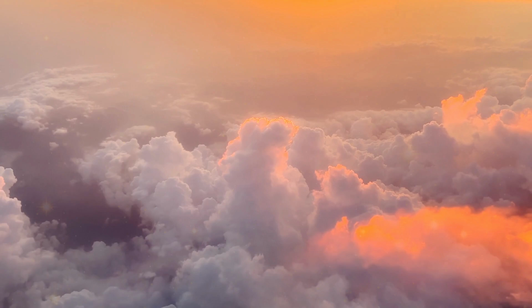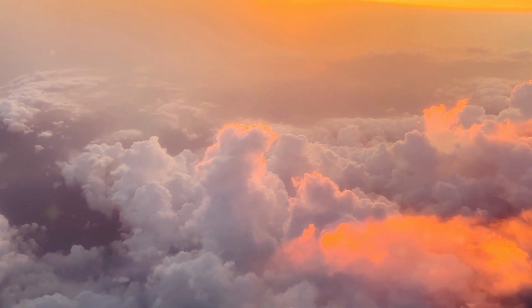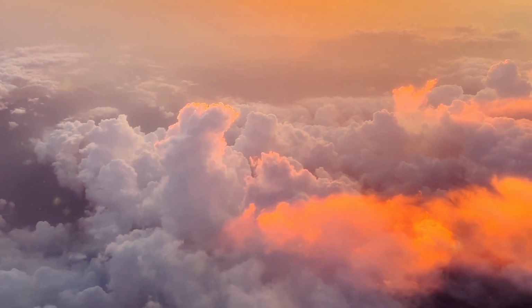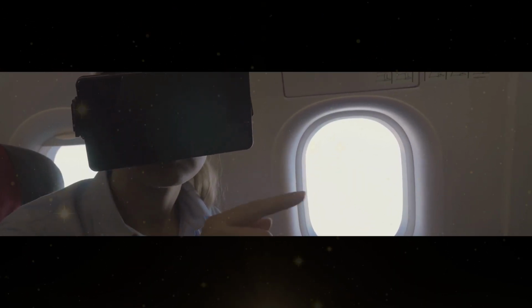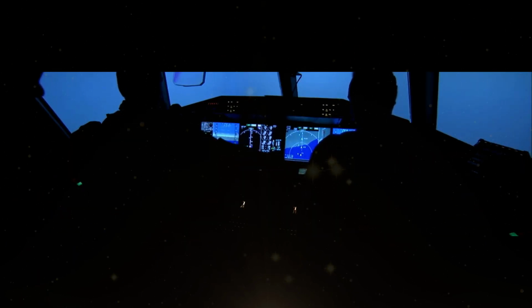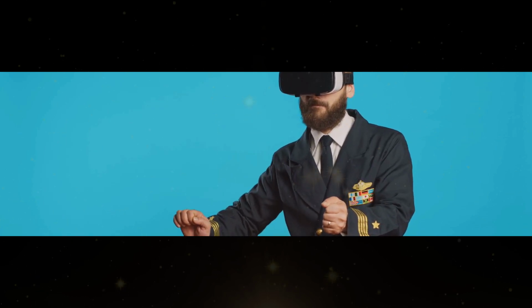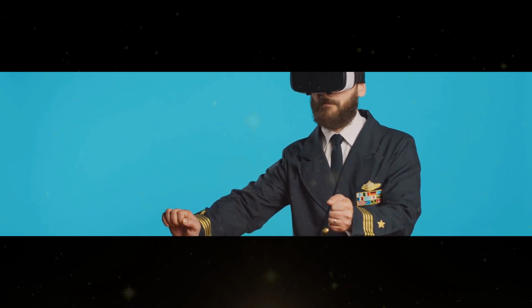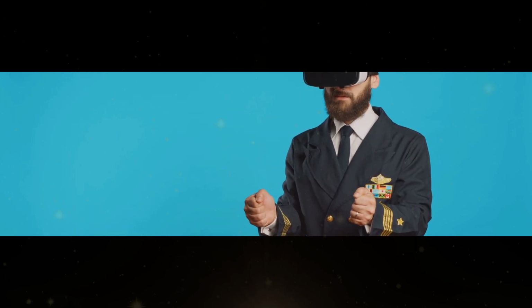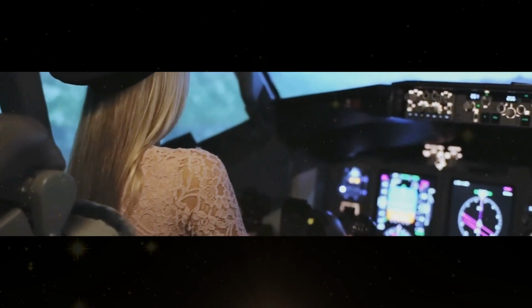Section 5. The future cockpit: AR, VR, and AI. Looking towards the future, cockpit technology continues to evolve at a rapid pace. Emerging technologies like augmented reality, virtual reality, and artificial intelligence are poised to revolutionize the way pilots interact with their aircraft and the surrounding airspace. AR could overlay critical flight data onto the pilot's real-world view, enhancing situational awareness in low-visibility conditions or during complex maneuvers. VR could be used for immersive pilot training, simulating various flight scenarios and emergencies in a safe and controlled